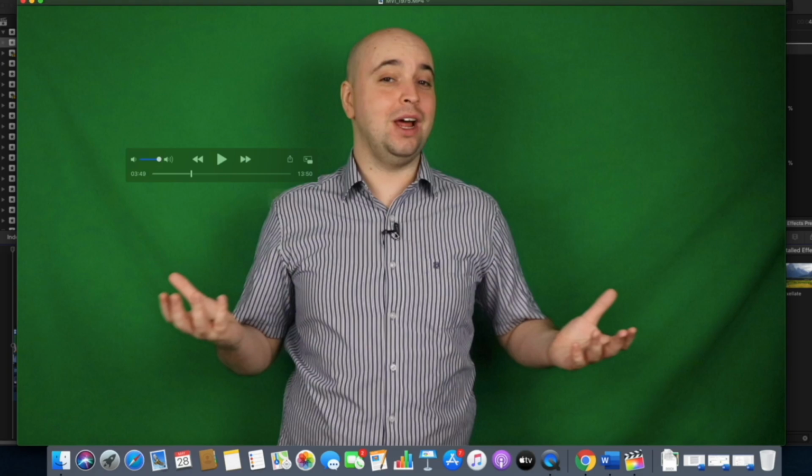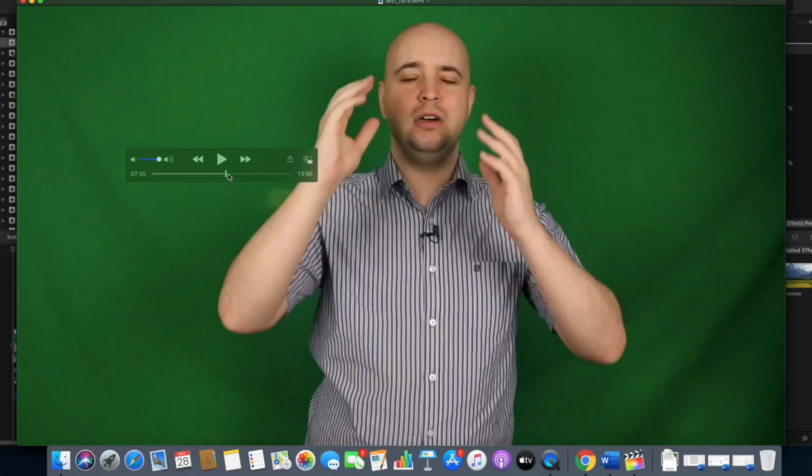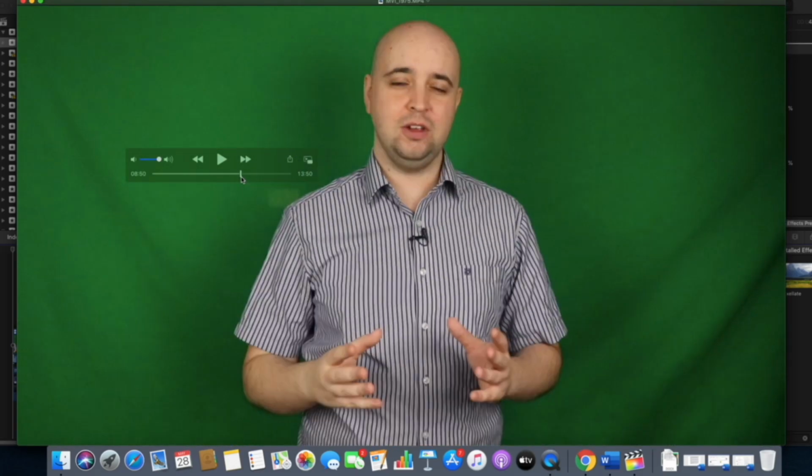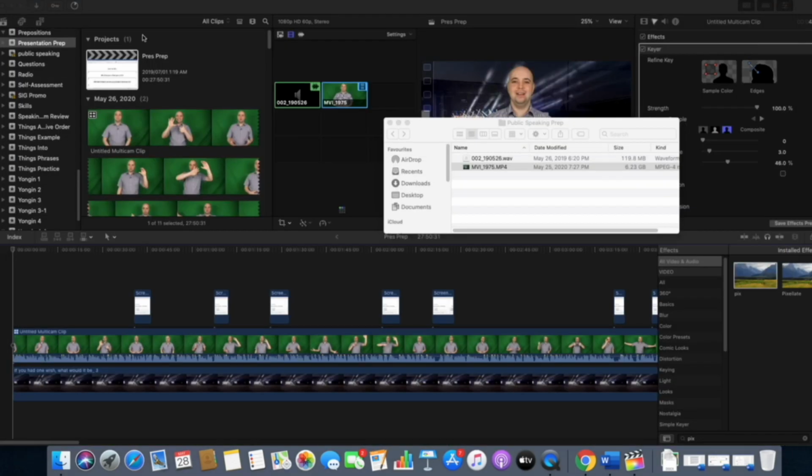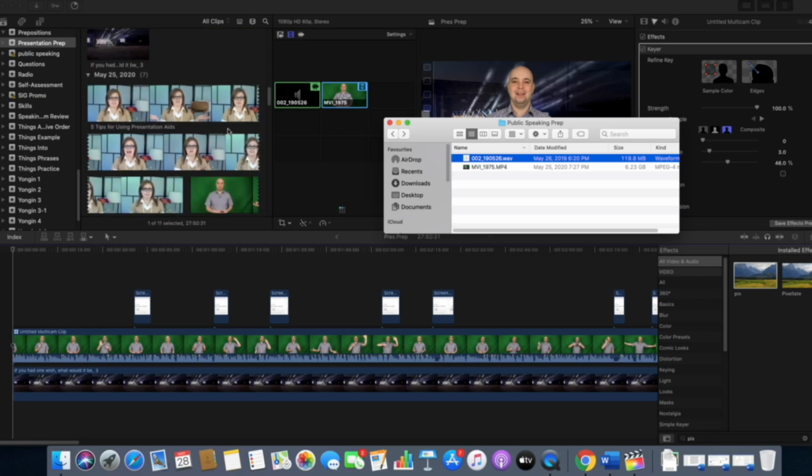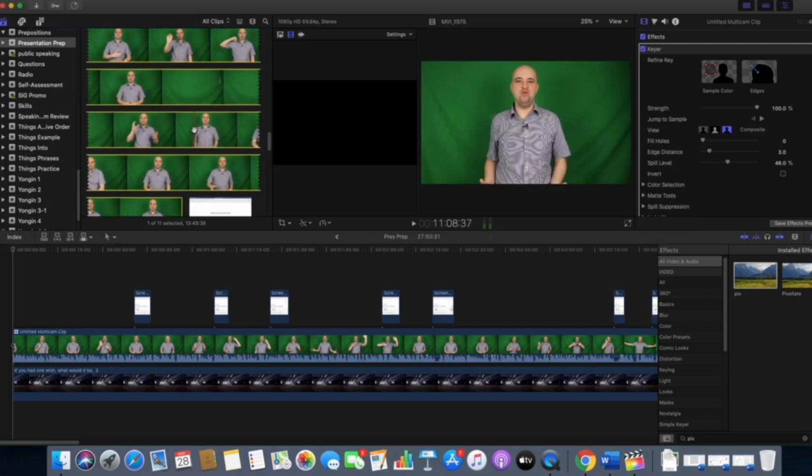The reason is because I'm recording in my living room, and so there's a bit of an echo, which is eliminated if I use the lapel microphone. So there I have my green screen file, and what I do next, I can take a look. This is my microphone file, and so what I would do then is move both of these files in here, so you can see they are separate.